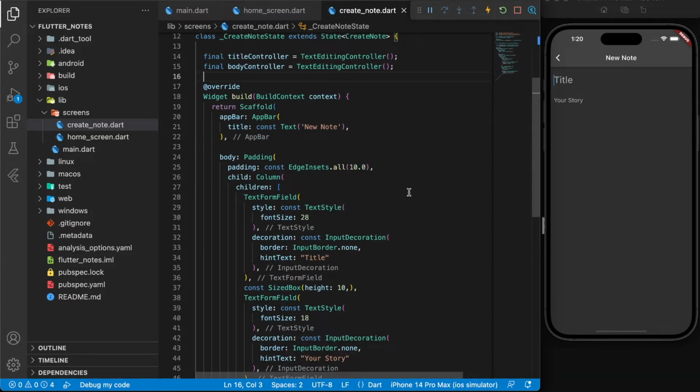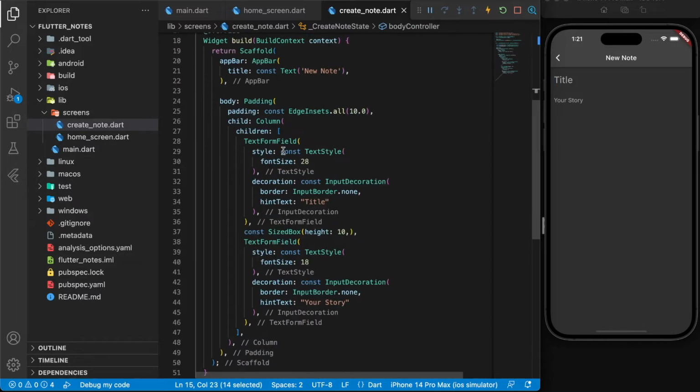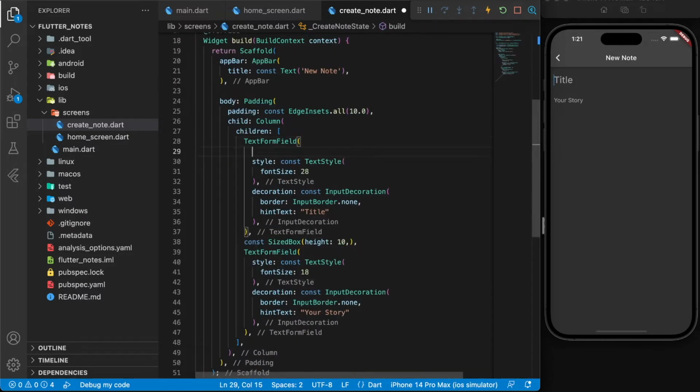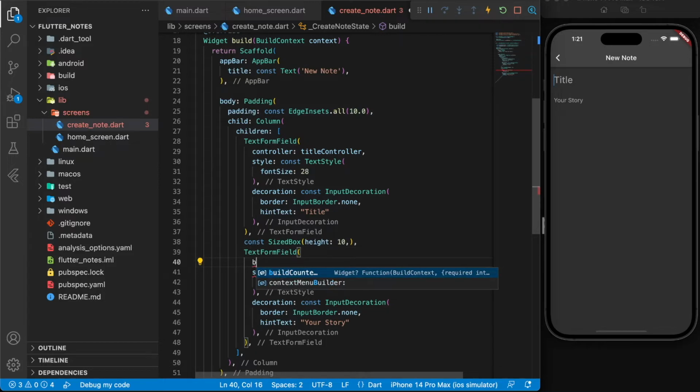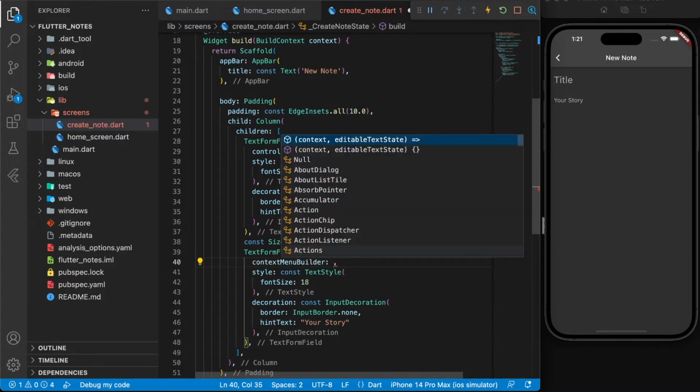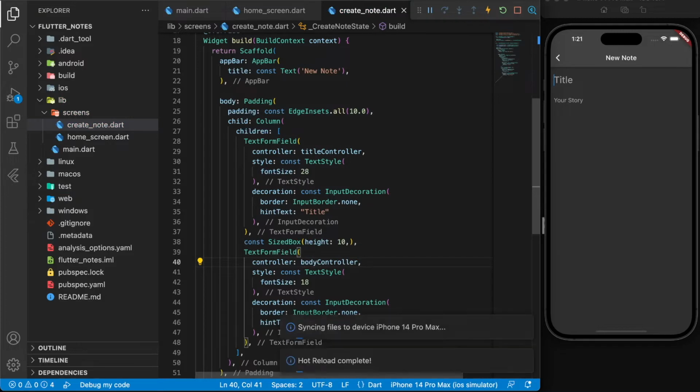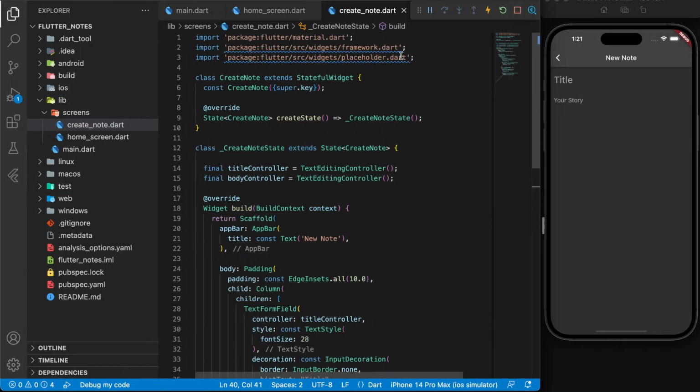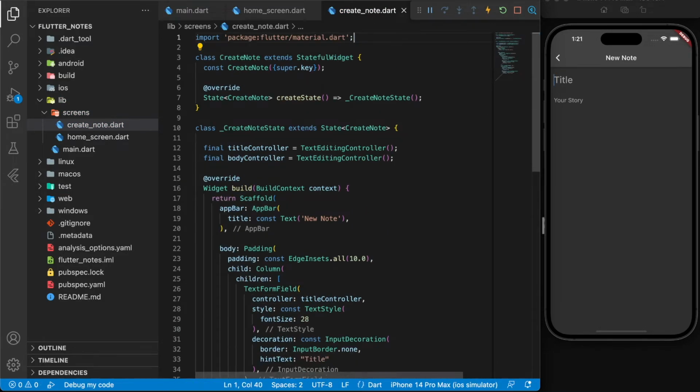There you go. So we have both the controllers, and we need to also point these controllers to these text fields. So let's assign the controllers. It's the titleController, and out here this is the bodyController, just like that. And we can again remove the unused imports. Okay,